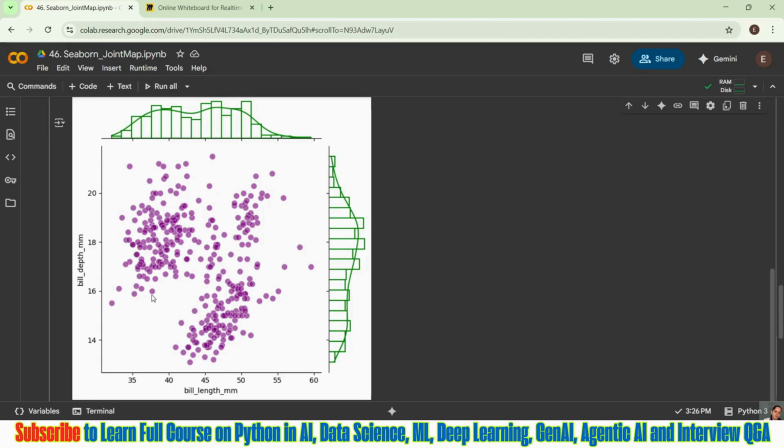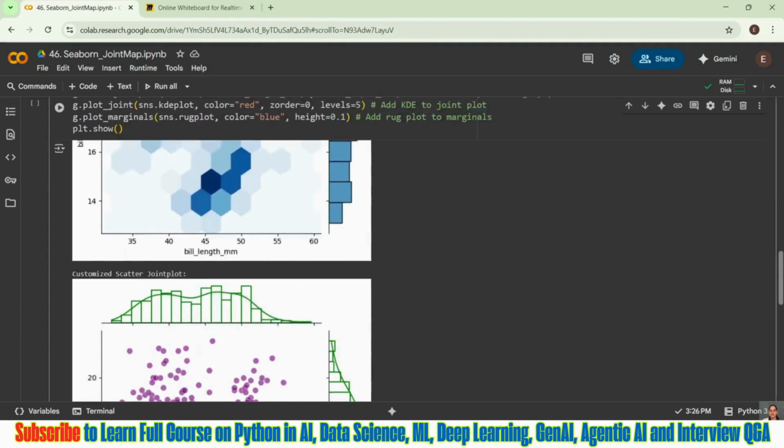Then this is your scatter plot, and you can see some points are overlapping. That means the data points are more, and like I said, you can see more density coming in this area, like from 17 to 19. You can see it's darker. Even here from 40 to 50 we saw a darker color, and that is how we are able to understand.